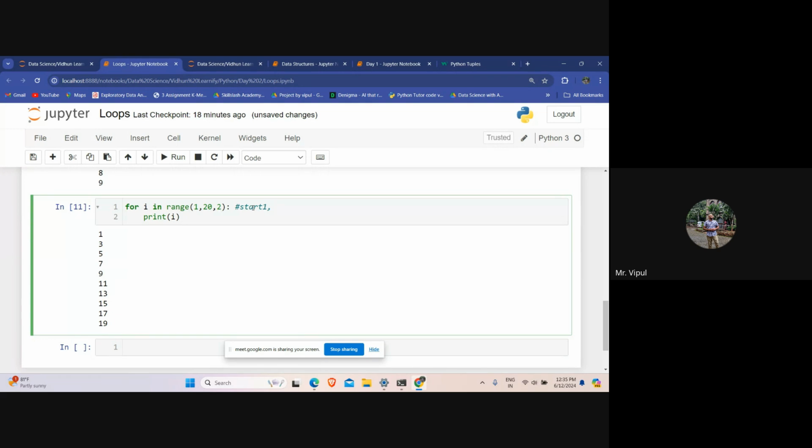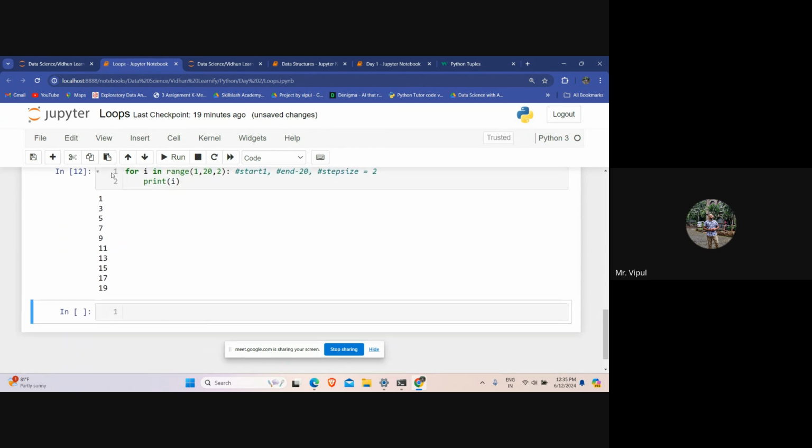The 20 is the end. And the step size is 2. Starting from 1, ending at 20, step size is 2. So you are printing 1, 3, 5, 7, 9, 11, 13, 15, 17, 19.